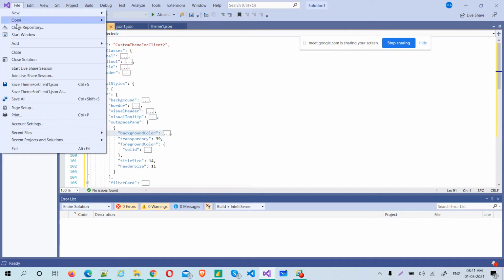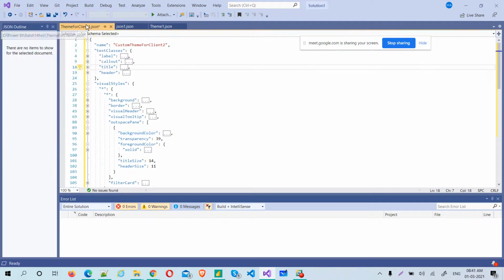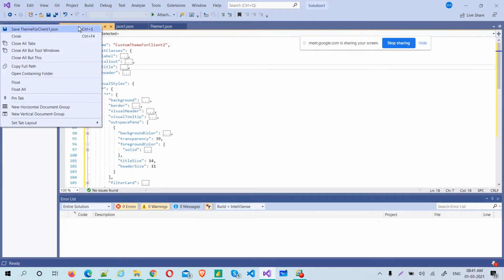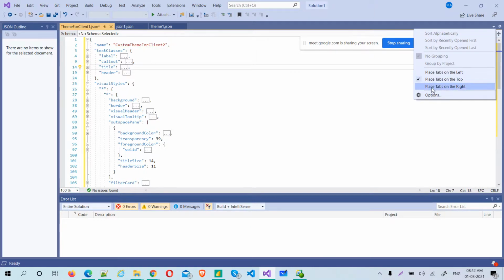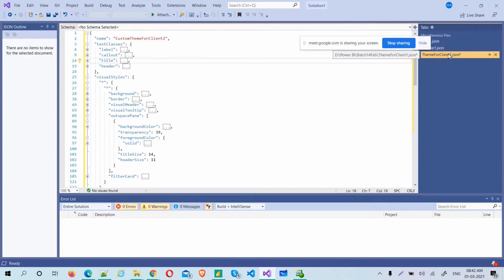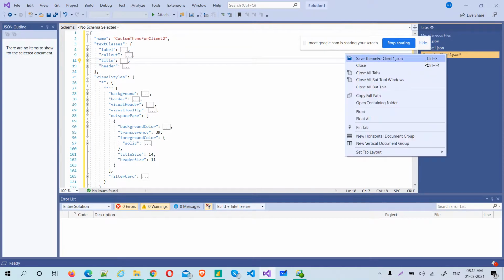File, save as. Let me just do here. Save the theme 1 now. I want to see save as. Where is the save as? Save theme 1. Where is my save as?